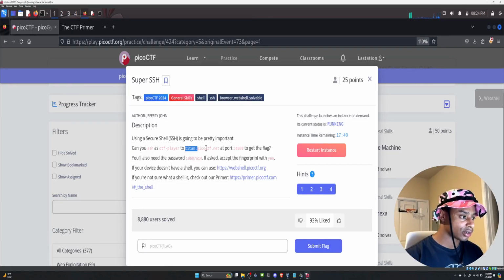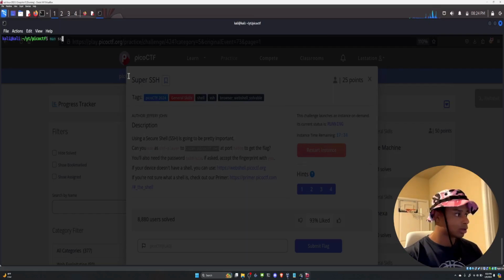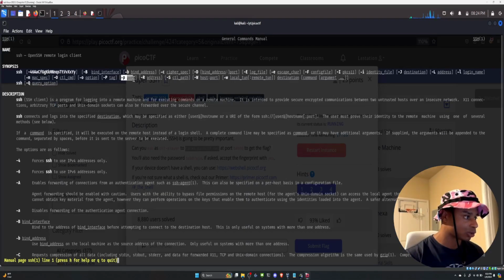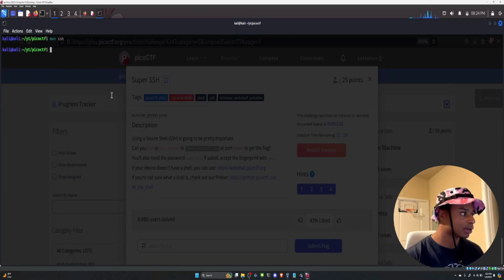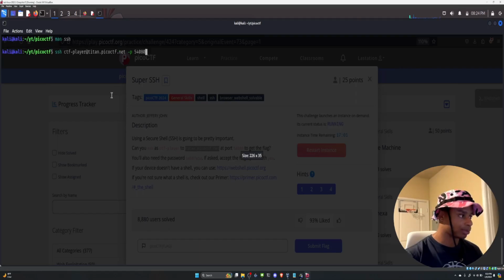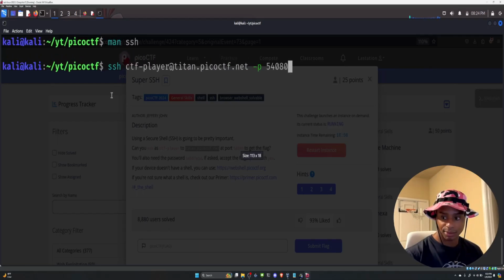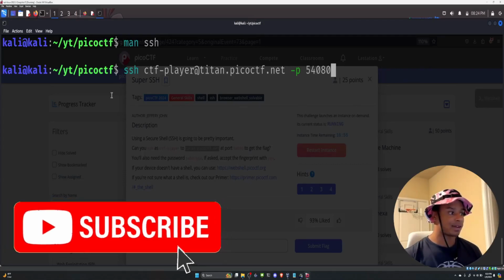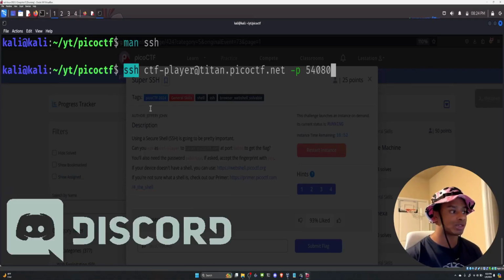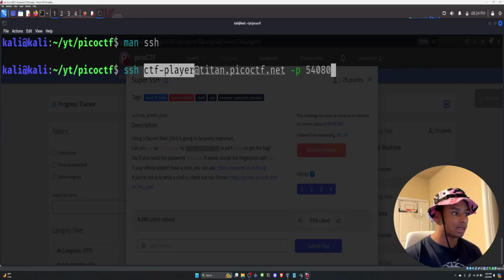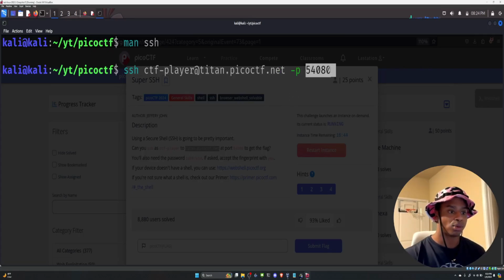So let's get started. Let's log in to this host. How do we specify a port? So tack lowercase p, you can specify a different port. By default, SSH will use port 22, because that is the default port that the service runs on. Port 54080. And that's it. So we specified the command we're using, secure shell, which is a remote authentication protocol that's encrypted, our username, CTF player, the host name, titan.picoctf.net, and then the port that we want to run this on,